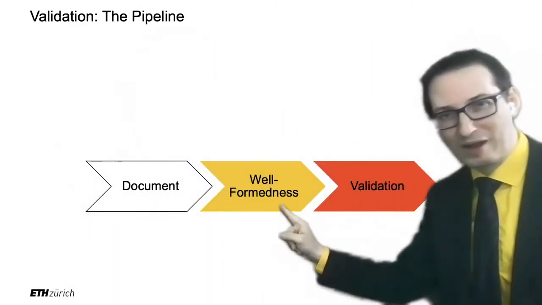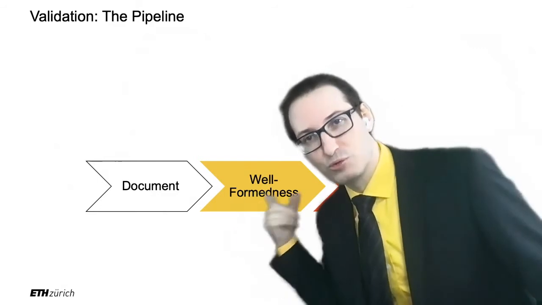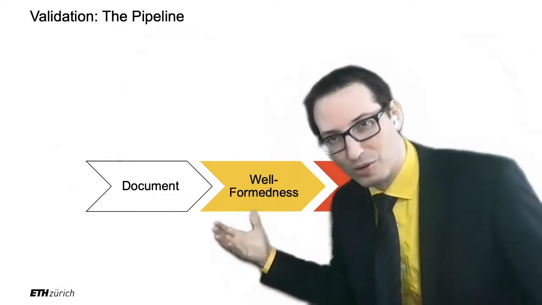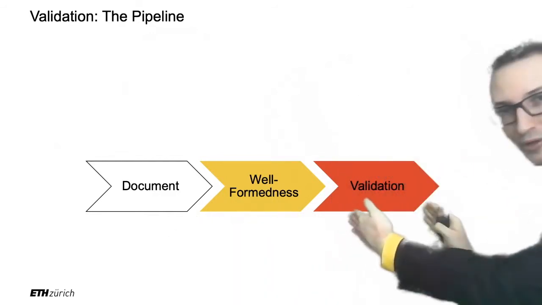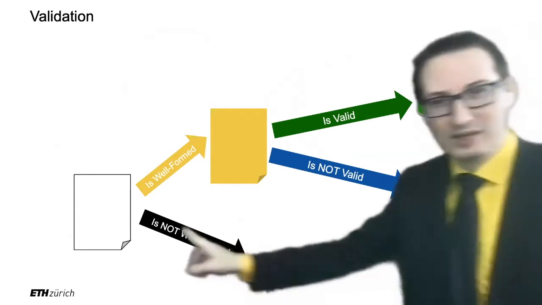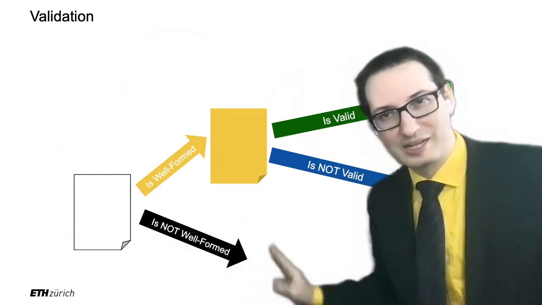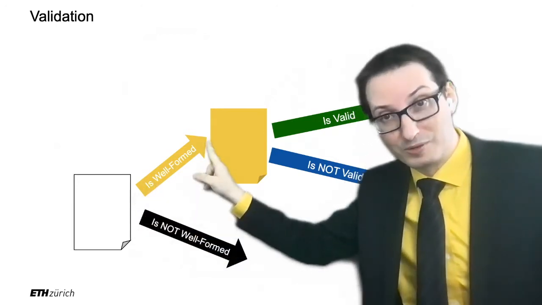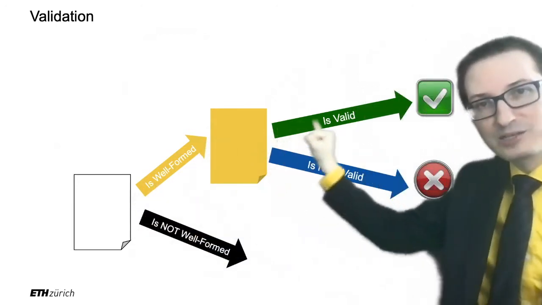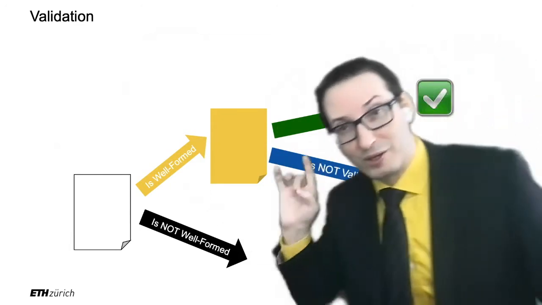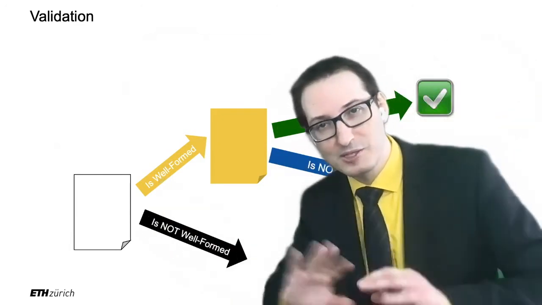Validation comes after well-formedness. Well-formedness, that's what we did two weeks ago, when we looked into well-formed JSON, well-formed XML, and now we move on to validation. Validation can only happen after well-formedness. If a document is not well-formed, that's over. You cannot even ask if it's valid. But if a document is well-formed, JSON or XML, then you can ask, okay, is it also valid or is it not valid? However, well-formedness is universal.